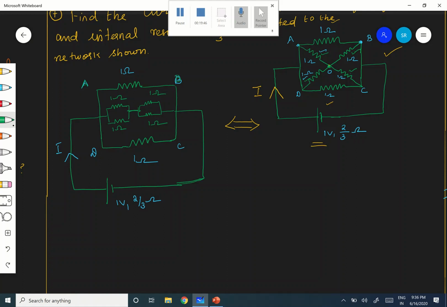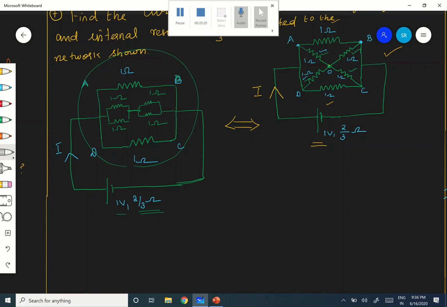Now I am going to solve it. First, you have to find out the equivalent resistance of all this. If you find that out, then that equivalent resistance is in series with 2 by 3. Correct? And therefore that gives you the net resistance of the circuit, and net voltage is 1 volt. Therefore, I think current can be found out easily. Okay, therefore now how to proceed? What is your RAB is known.